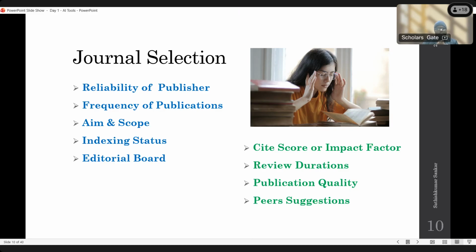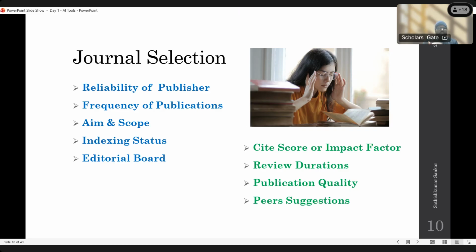what indexing you require for that particular article. And the editorial board is a big thing. So many researchers are not focused on this area, because predatory journals and low-quality journals do not showcase a centralized editorial board.